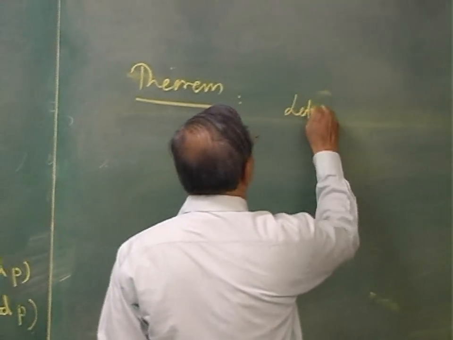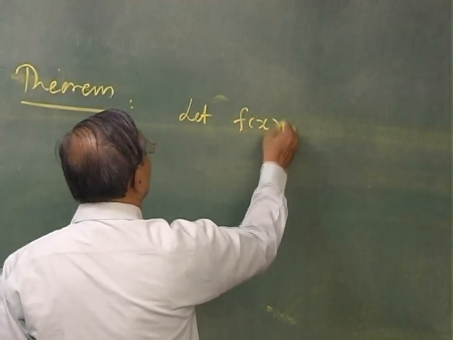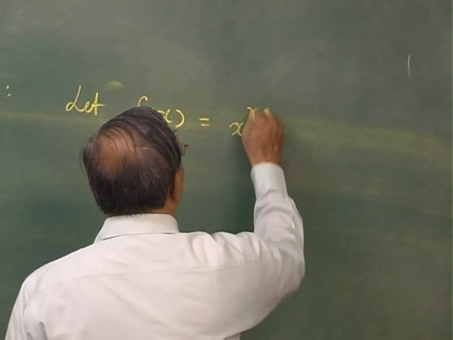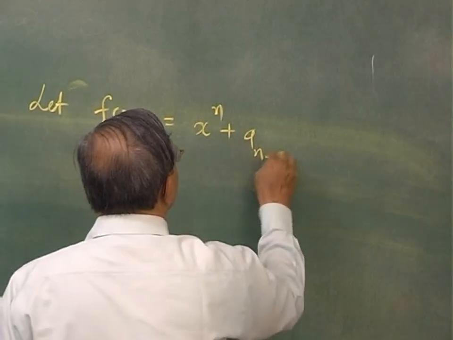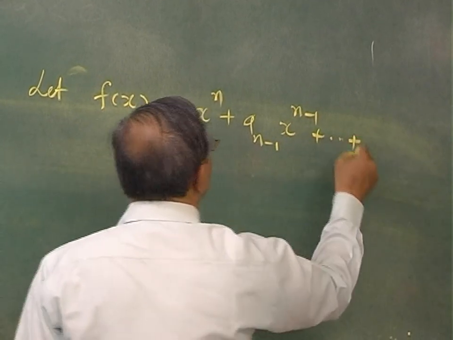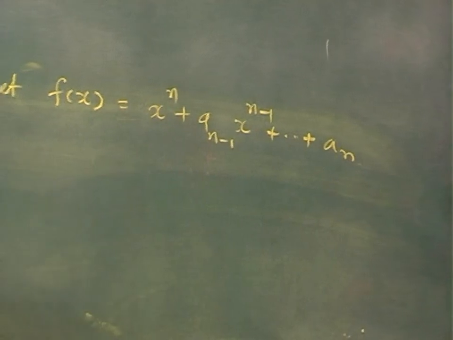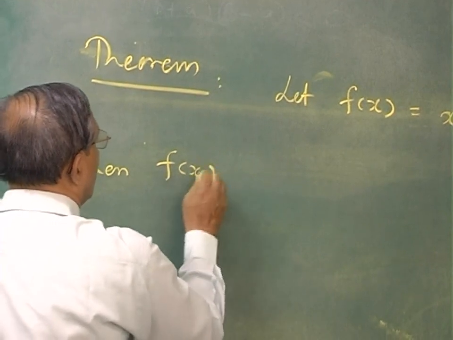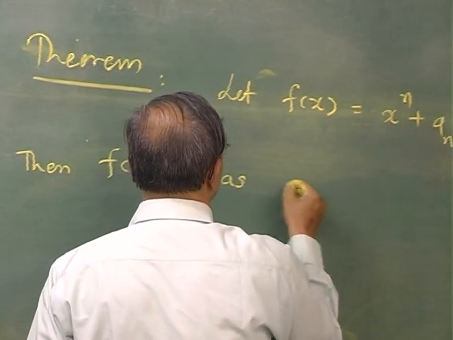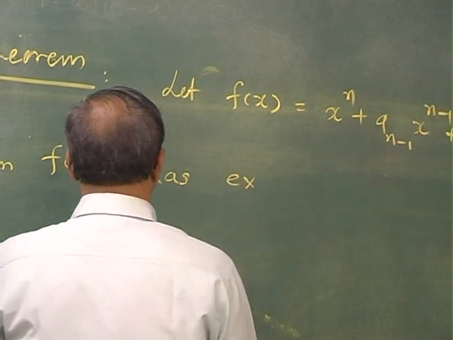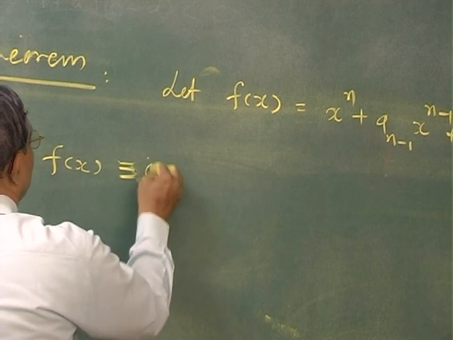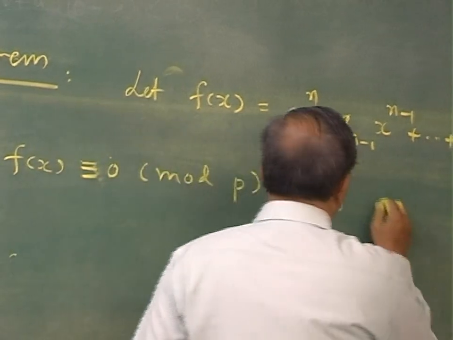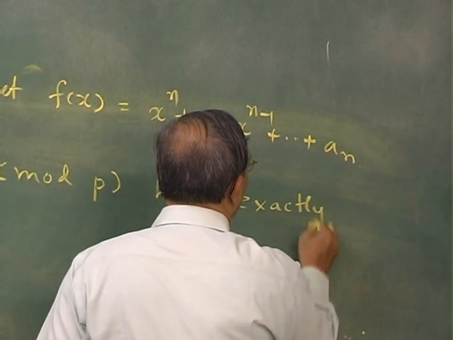So let f(x) equal to x raised to n plus a_{n-1} x raised to n minus 1 plus etc. plus a_n, then f(x) congruent to 0 mod p has exactly n solutions